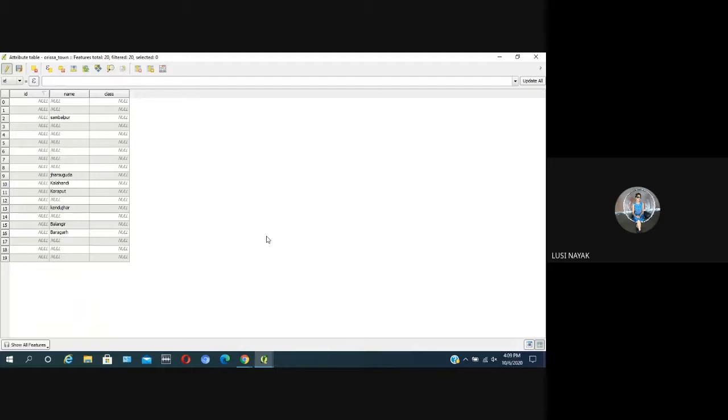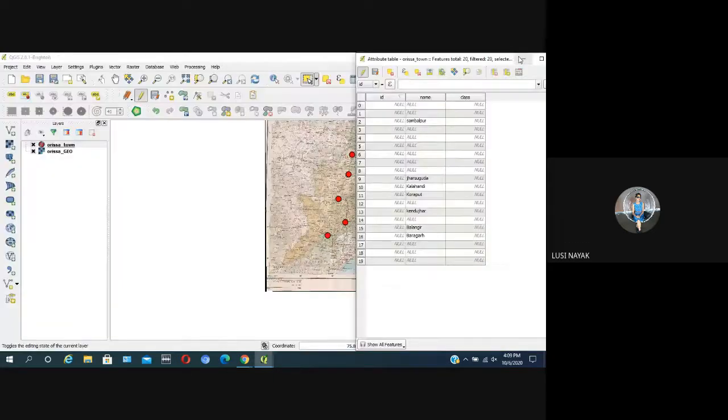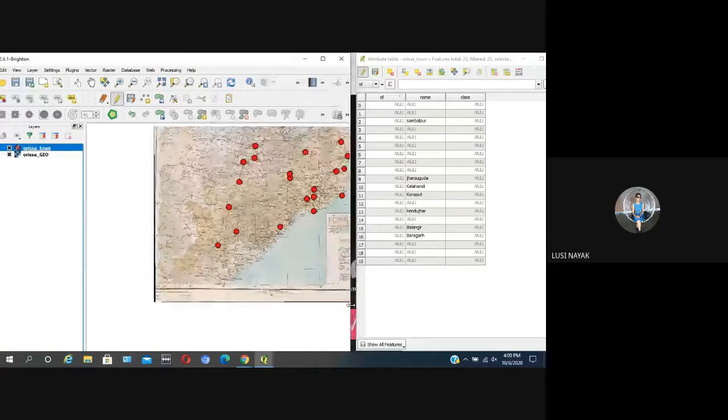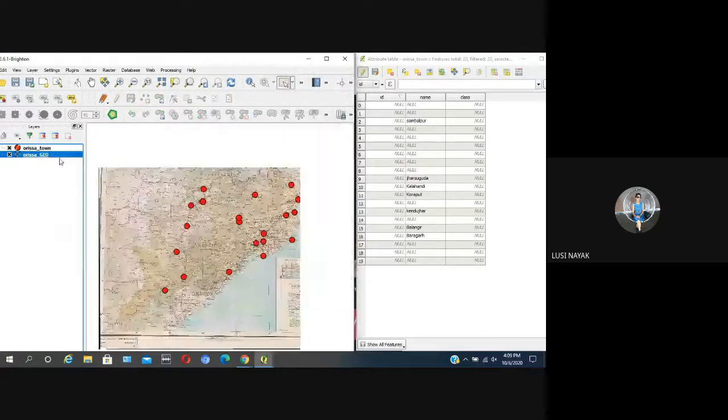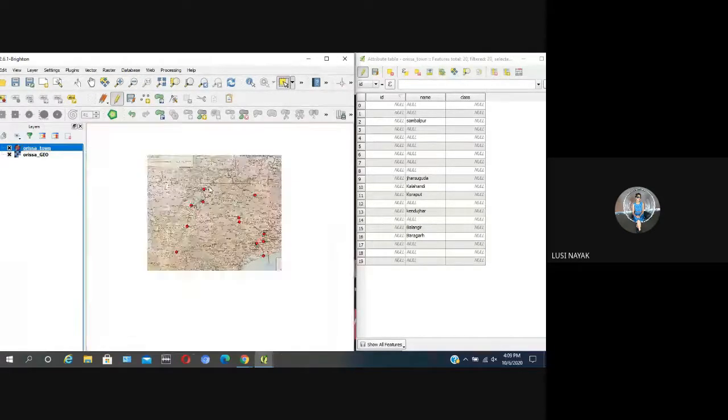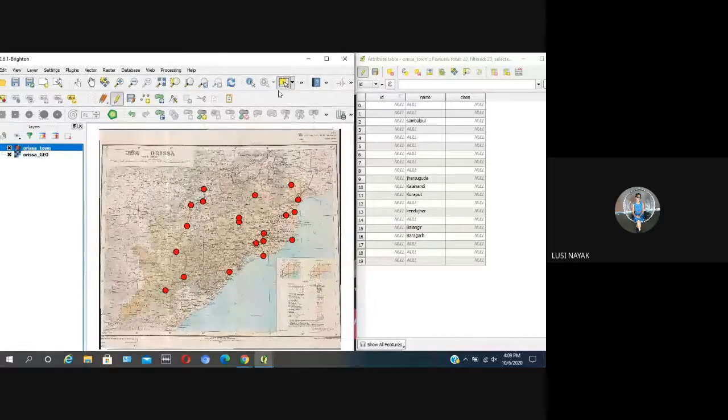Yes. Now how to enter? Show them how to enter the data. Under the name, enter the data. Select a point. The concerned row will be selected in the table. See how they are selecting the point. The selection tool. Again, show the selection tool. Yes, cursor is there. Take it. Put the cursor on the selection tool.